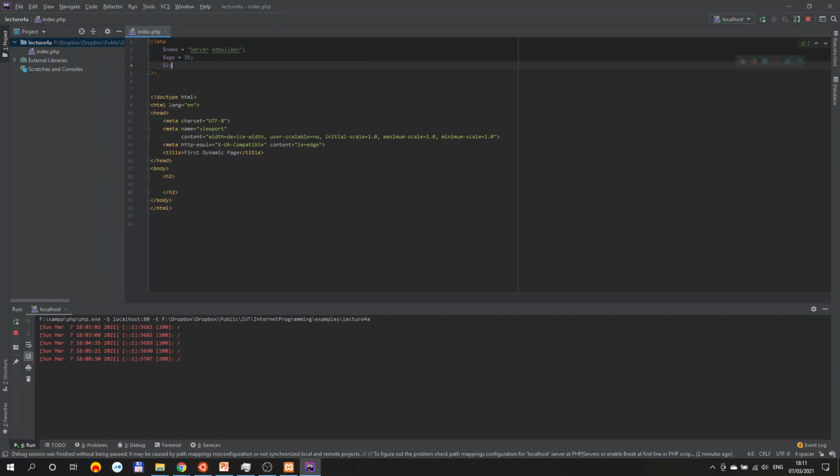And let's say is male, and I can say true. This is a Boolean, right? So now I can write some information about me. Let me say DL. So DT, DD, right? I can even use emmet. So I can say name, and